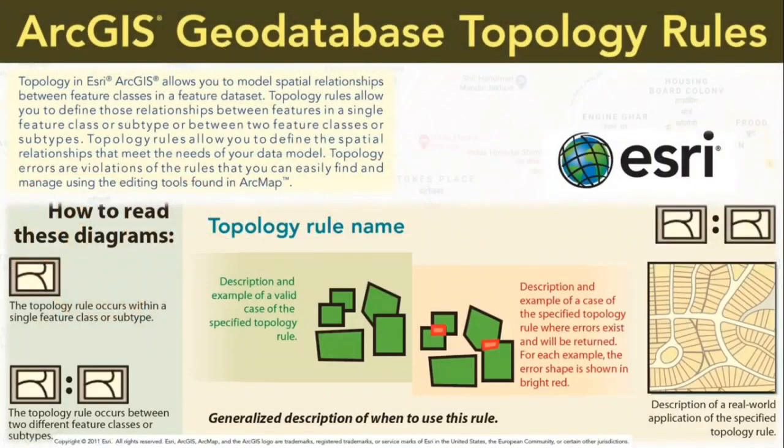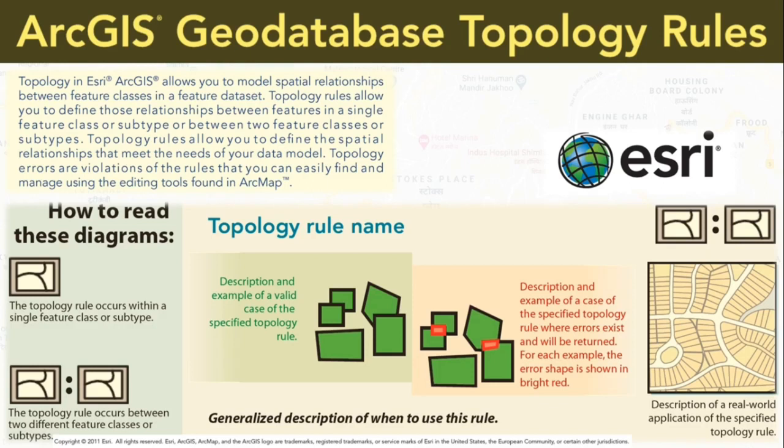Topology rules are special relationships and behavior to define topology rules that meet the needs of your data model. For example, parcels cannot overlap, streamlines cannot overlap and must be connected to one another at their endpoints. Adjacent countries, districts, states, blocks, tehsils have shared edges. Road center lines must be connected at their endpoints.